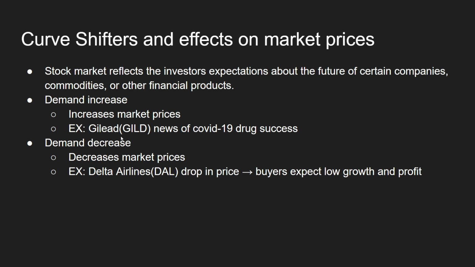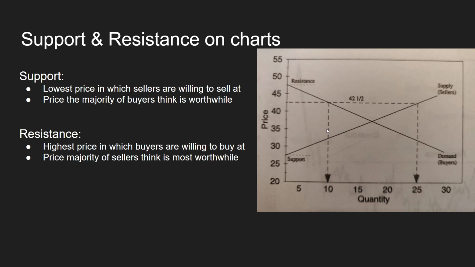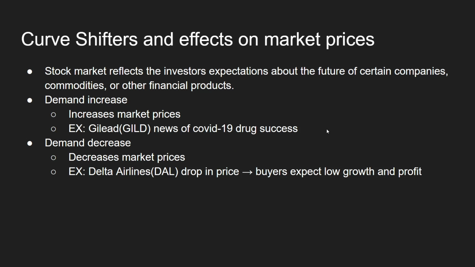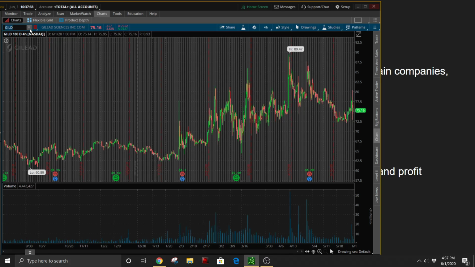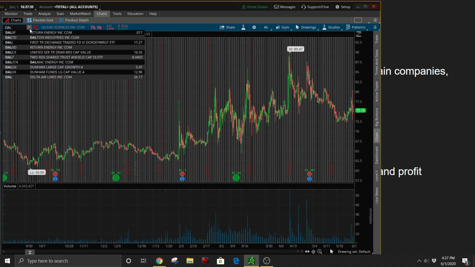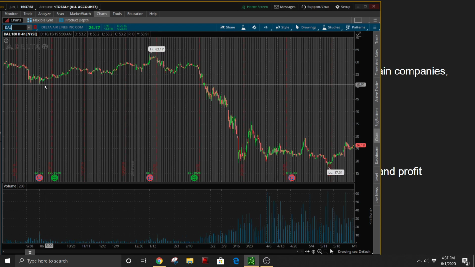Conversely, a demand decrease will shift our demand curve left or downwards, decreasing market prices. An example of this can be seen with Delta Airlines with the ticker symbol DAL. Here, as you can see, we have a clear support level around $50, around $52, and a resistance level around